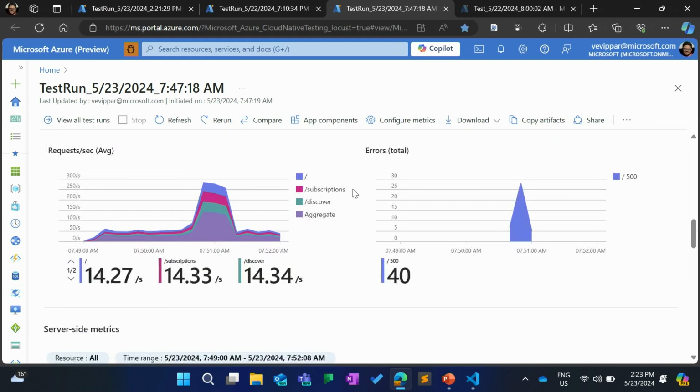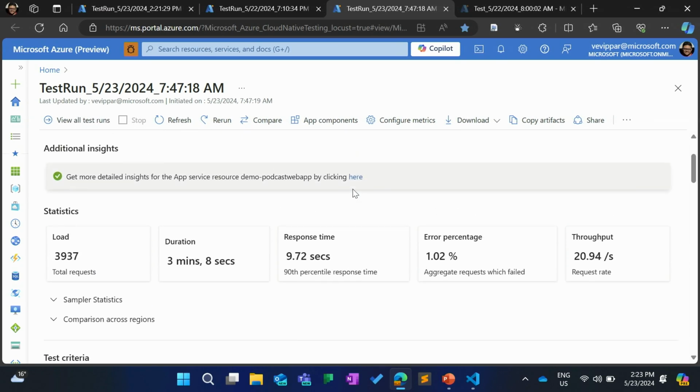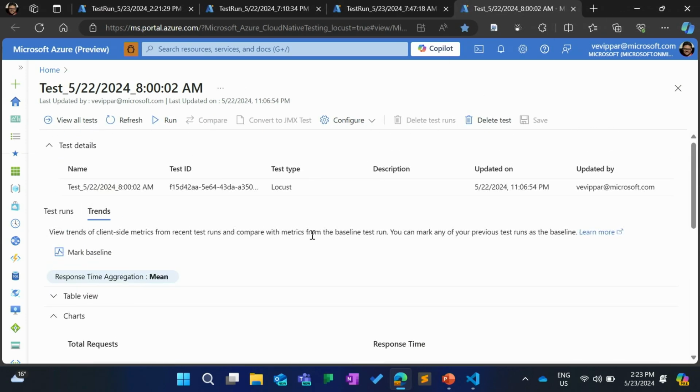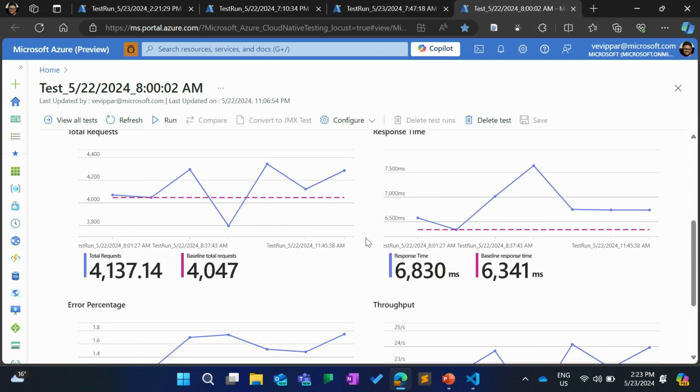Let's say you have been doing this for a while, and you have a bunch of runs over the past few days or months. You come to the resource, go to the test runs tab, and go to the trends. You have a nice dashboard showing how your performance is trending. If you were satisfied with the performance, you can choose that as a baseline, the pink line that you see here, and you get a comparison of how your current performance is against the baseline that you set.